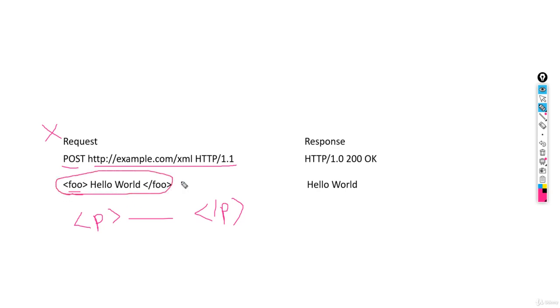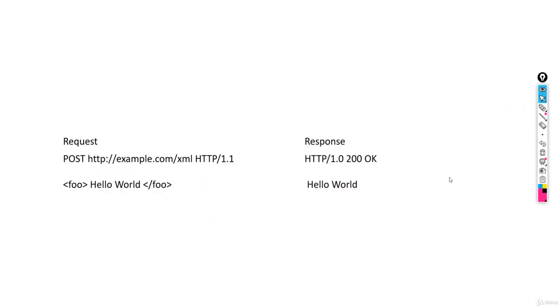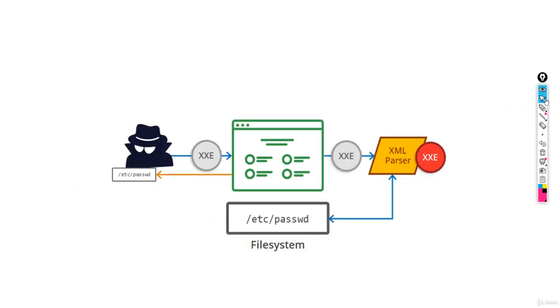When you pass this XML code, the response given by the XML parser would be only "hello world", because it parses the text inside this field, or basically what is inside this entity or tag. This is the work of the XML parser. Let's see in detail how this works with a simple picture. Let me show you the simple picture right here.